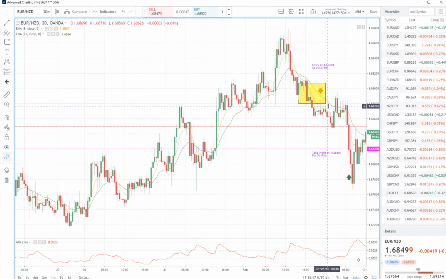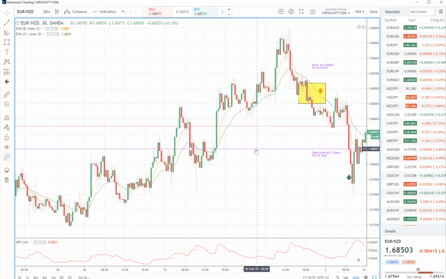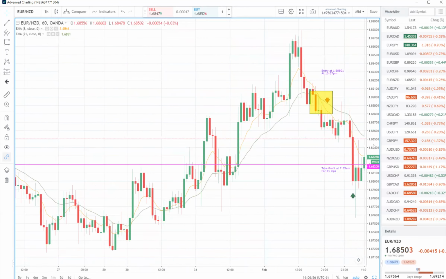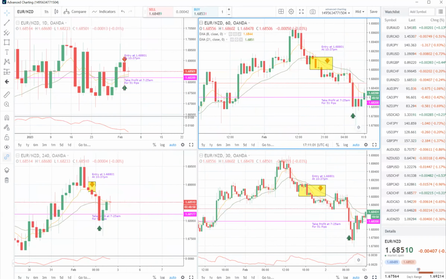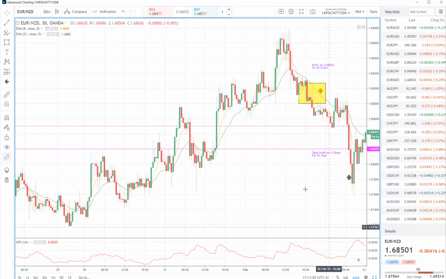But I saw it happening in real time, so I just took a market order, set my profit target right here at the bottom of the wall. You can see it a little more clearly on the 60-minute, right there at the bottom of the wall, right above it, because you've got to take into account the bid and the ask, so it's just easier to go a little bit above that area. But again, down with the setup, touched into here, worked its way down, got out of the trade for 51 pips at 7:25 a.m. right here at this